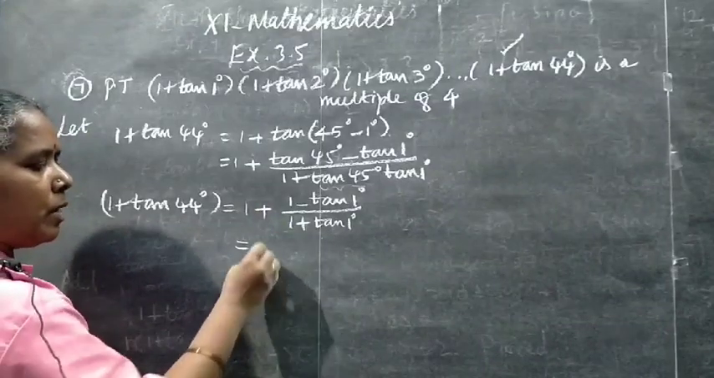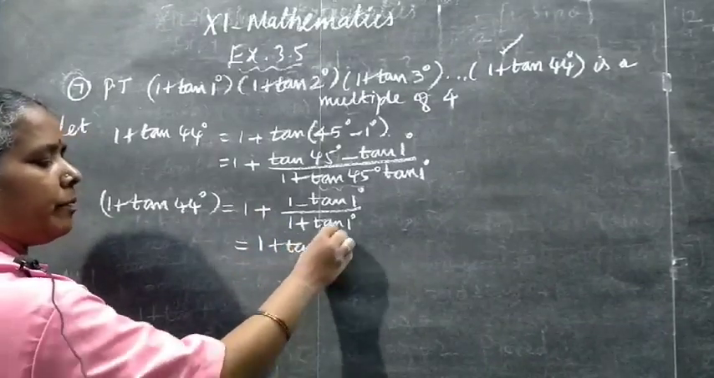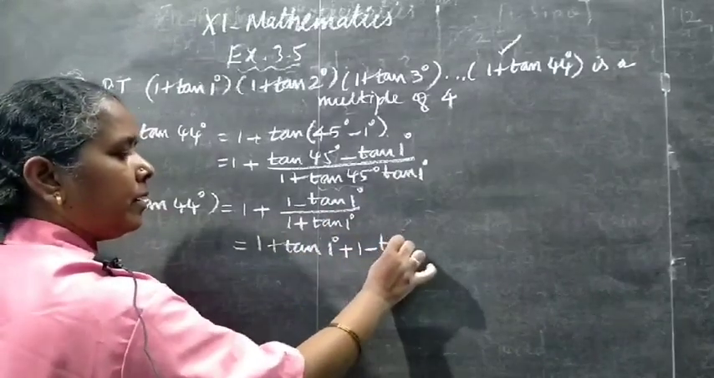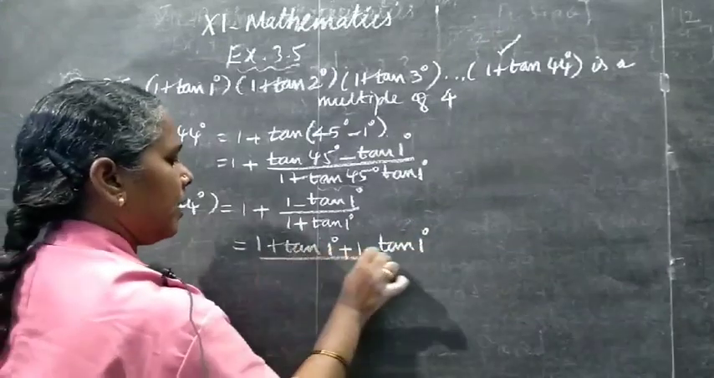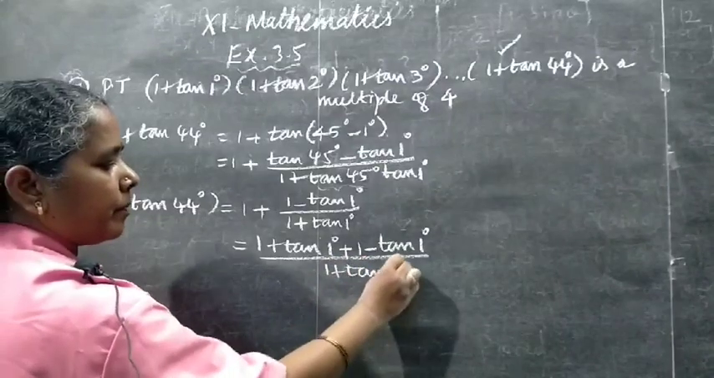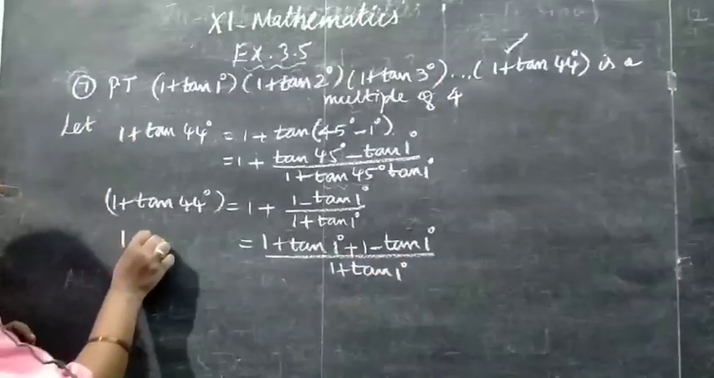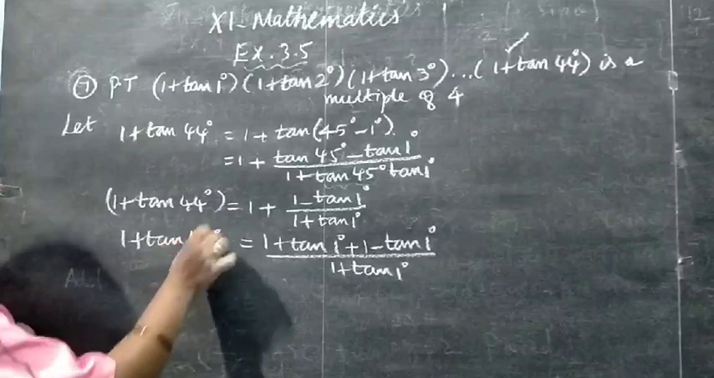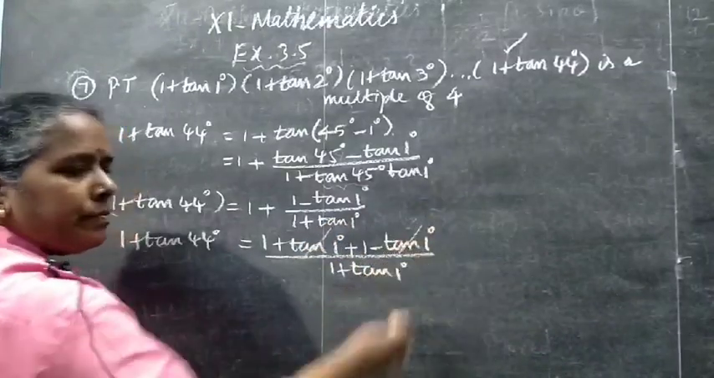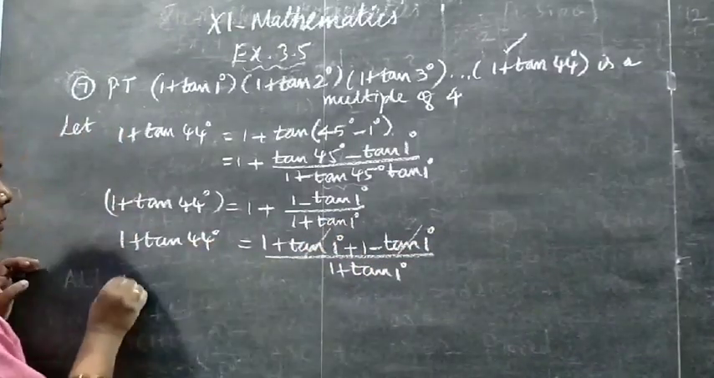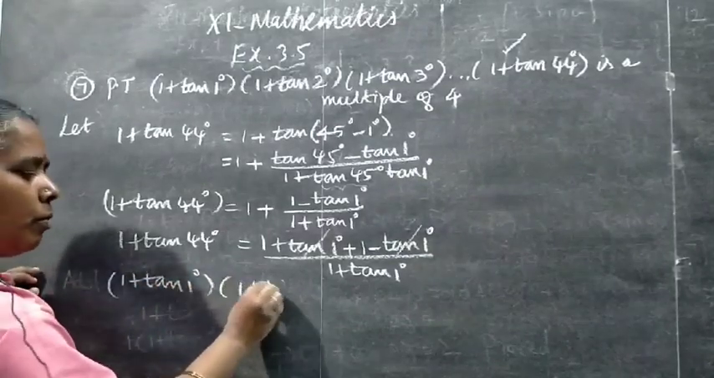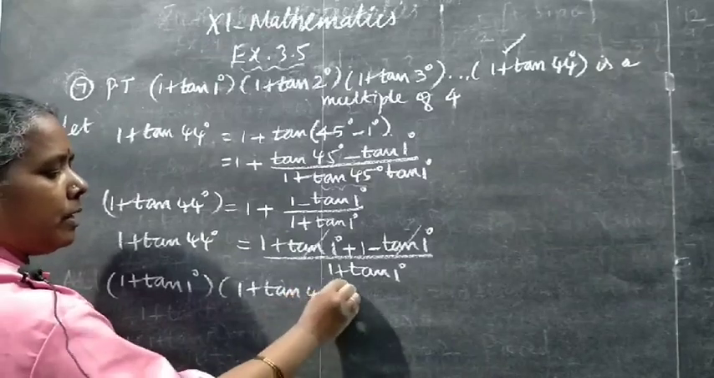Okay, now you take the LCM here. 1 into (1 + tan 1°) plus, now write this numerator, (1 - tan 1°). After taking the LCM you can write it like this. Now this denominator will come for both the terms, is it not? And still the left hand side is just 1 + tan 44°. Now you can cross multiply children. At the same time here it is possible to cancel, is it not? So if you cross multiply, this becomes (1 + tan 1°)(1 + tan 44°)